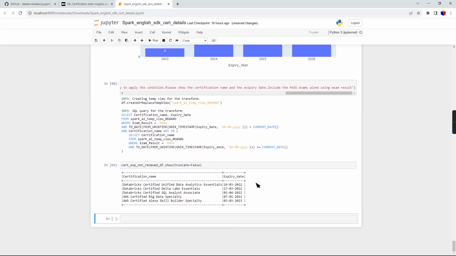With this prompt, the LLM is able to provide me with perfect results. All these 5 exams, like AWS Big Data Specialty and Alexa Skill Builder Specialty, are expired. They're not at all available right now, so I cannot rewrite these exams. And Databricks-specific ones like Delta Lake Essentials, Unified Data Analytics Fundamentals, and SQL Analyst Associate exams are no longer